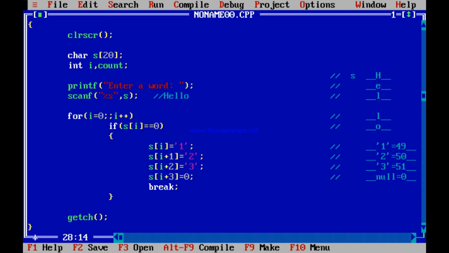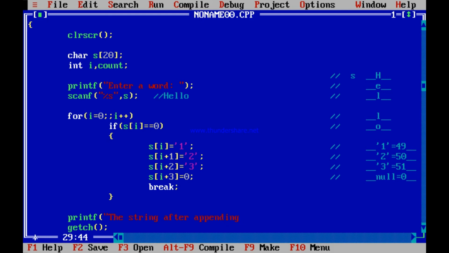Another thing you note is that I have not printed the string after it is done. You have entered the word with scanf, you have entered hello. After you have changed it to say hello 1, 2, 3, at the end you must print the string. So you can simply write printf, the string after appending.